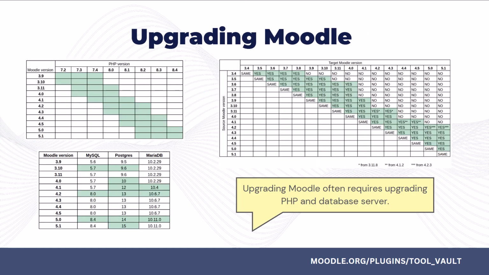Another great use case for Vault is upgrading Moodle sites. Let's say you're running a very old Moodle site and you want to upgrade. The latest version requires a newer version of PHP, but your current Moodle site isn't compatible with that version, so you need to upgrade both Moodle and PHP at the same time. On top of that, the database requirements may have changed. You might also need to upgrade MySQL or Postgres. And if your upgrade skips several major Moodle versions, you may have to upgrade Moodle and possibly PHP and the database multiple times, step by step. Even experienced Moodle administrators find this process risky and time-consuming. But there is a simpler way.